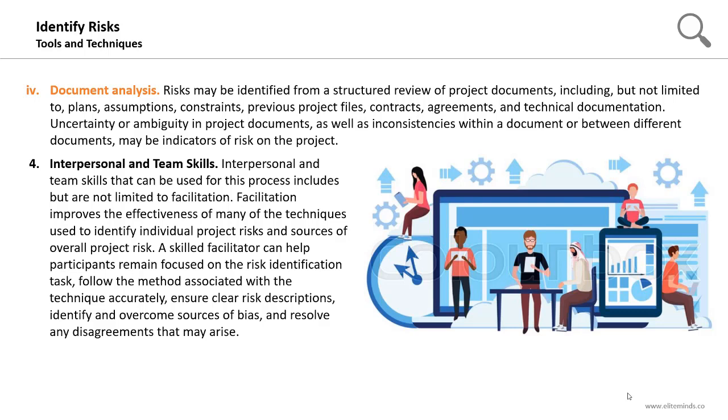Interpersonal and team skills that can be used in the risk identification process include facilitation. Facilitation improves the effectiveness of many of the techniques used to identify individual project risks and sources of the overall project risk. A skilled facilitator can help participants remain focused on the risk identification task, follow the method associated with the technique accurately, ensure clear risk descriptions, identify and overcome sources of bias, and resolve any disagreements that may arise. So having a skilled facilitator while conducting sessions like brainstorming, interviews, or meetings will increase the